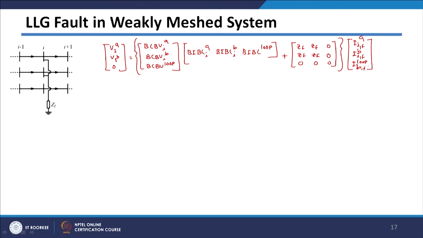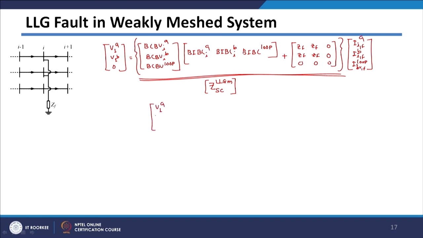And here this term of matrix equation I am rewriting like this: Z short circuit, LLG fault, for meshed network. So then this system can be written as